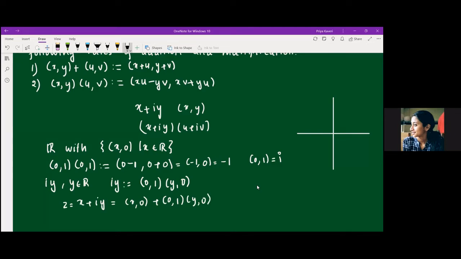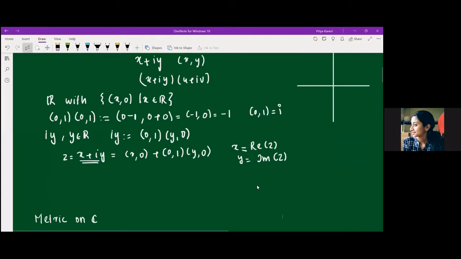Okay, for the time being, we can write the complex number as x plus iy. And we call this x the real part of z, which we will denote Re z. And we call y the imaginary part of z, and we will write Im z. Now we define the conjugate of z as x minus iy. So what is this? If we consider this as the point (x, y), the complex number z, then the conjugate is but the reflection of this point with respect to the real axis, right? So this is (x, -y). So that is the conjugate of z.